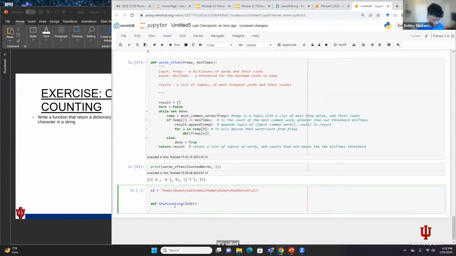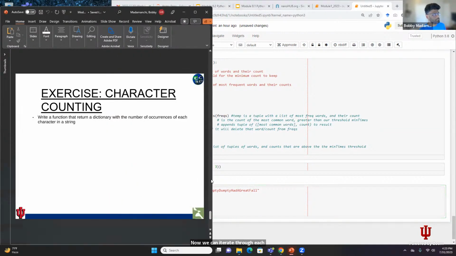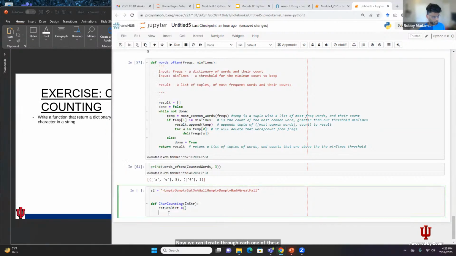So let's create an empty dictionary called return dictionary. Now we can iterate through each one of these. For char in instr, so for the character in the input string,